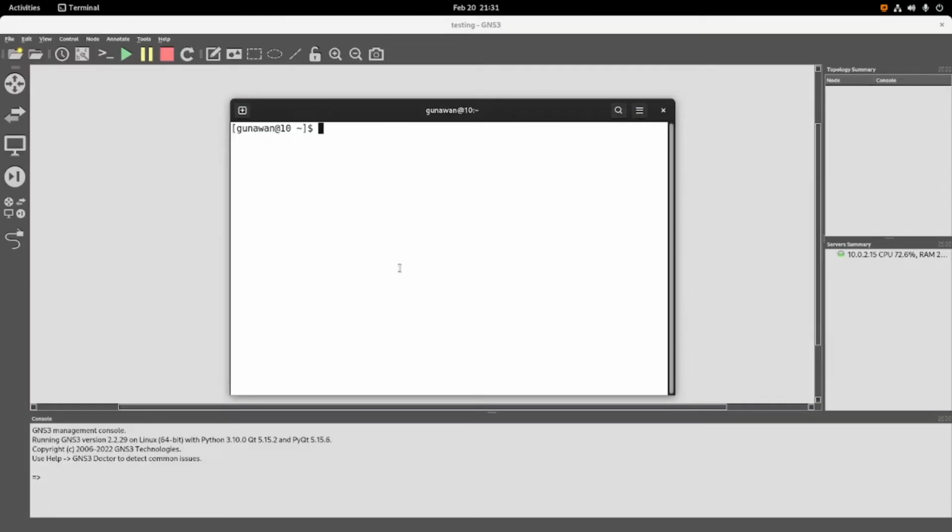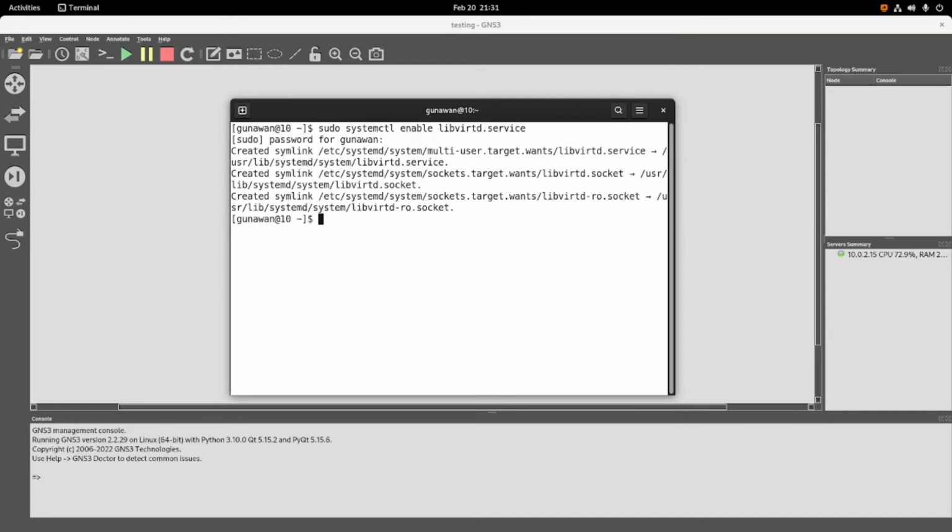You need to make the libvirt service run every time you turn on your computer, so you need to enable the libvirt service. Okay everyone, so you don't need to start libvirt every time you want to run your GNS3.